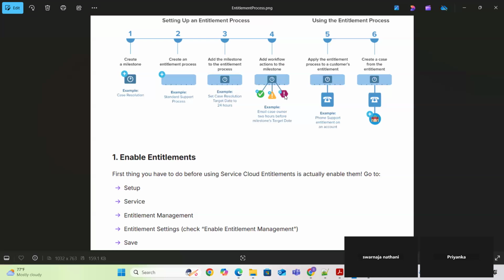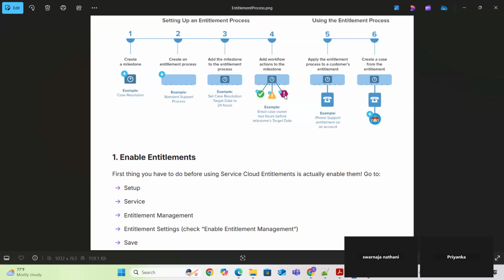The next thing is, whatever entitlement process and milestones we set as part of these 4 steps, how we are going to use them is nothing but steps 5 and 6. Apply the entitlement process to a customer's entitlement. That means on the account, our customer is nothing but the account, right?